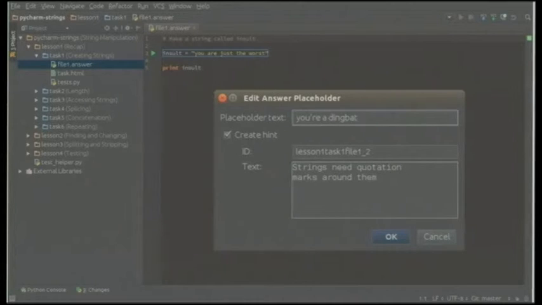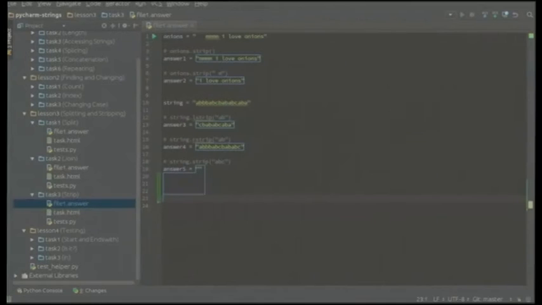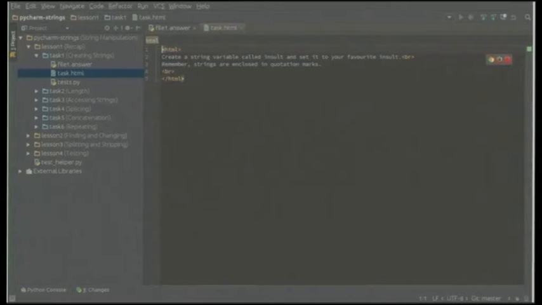So make sure you've finished, you write your whole file and then add the placeholders. Otherwise, this happens. You can't go to the next line because you're just stuck in a placeholder forever. It's really annoying. Okay, so in the task.html file, you write what you want the kids to read.